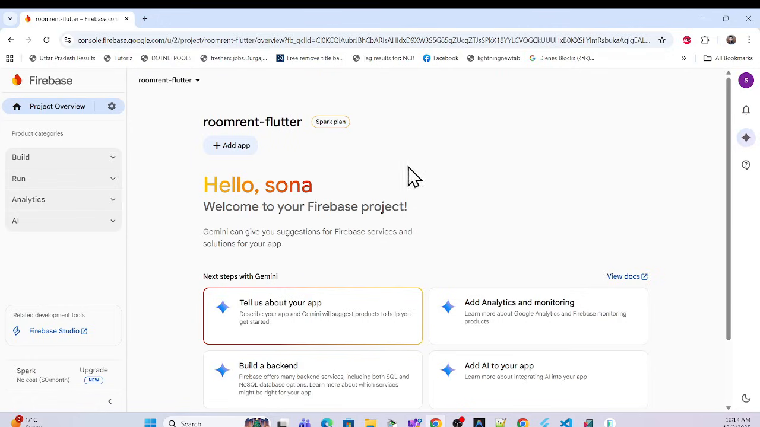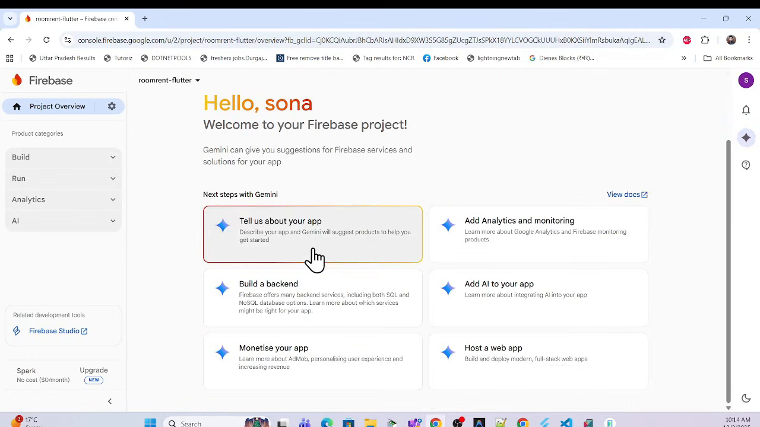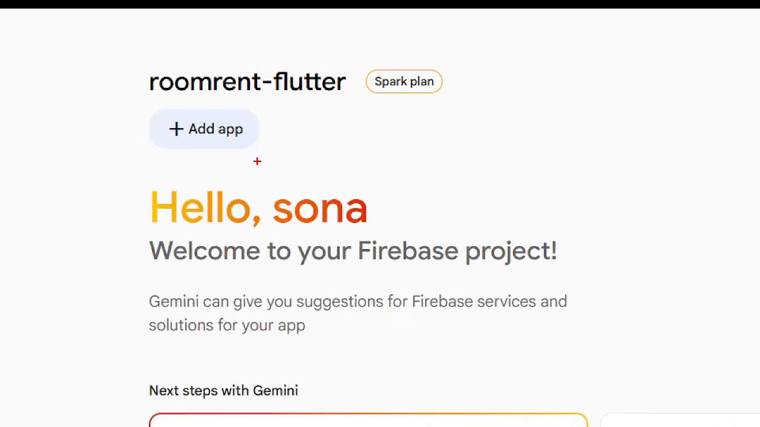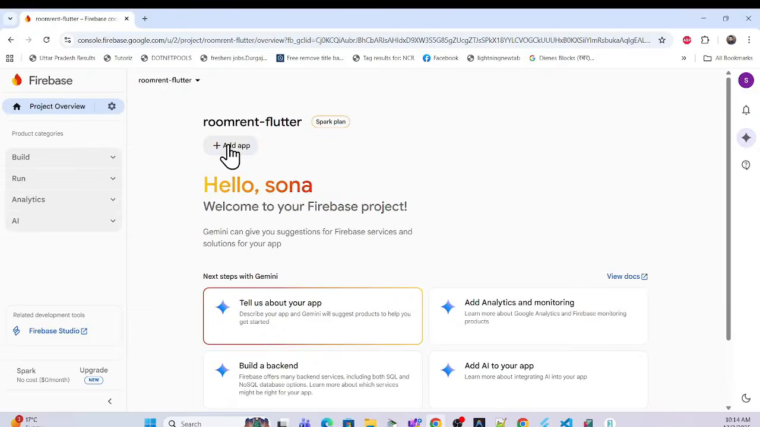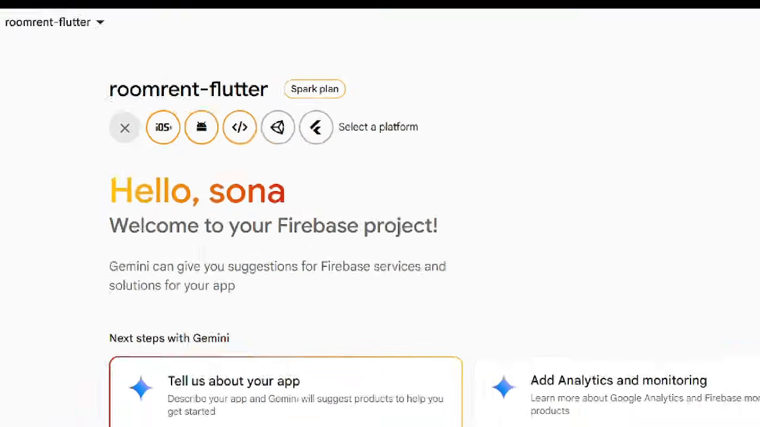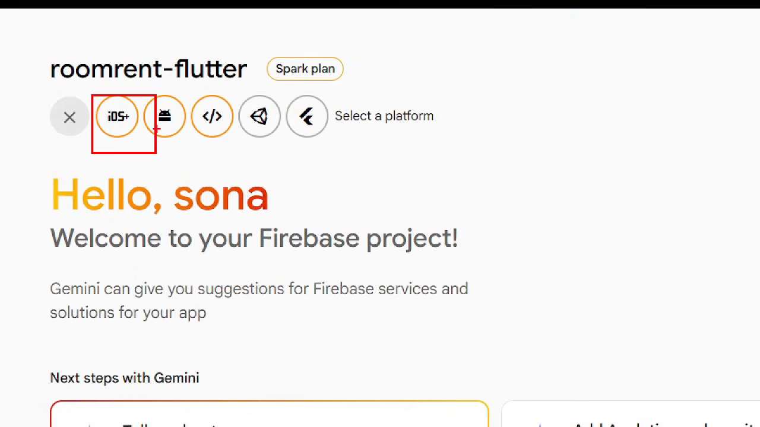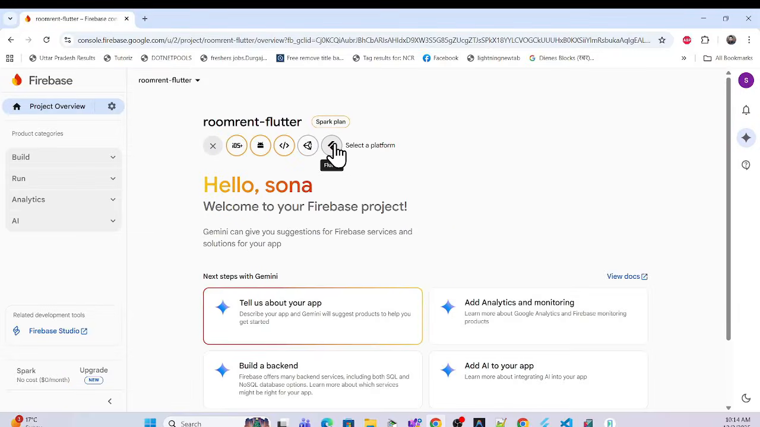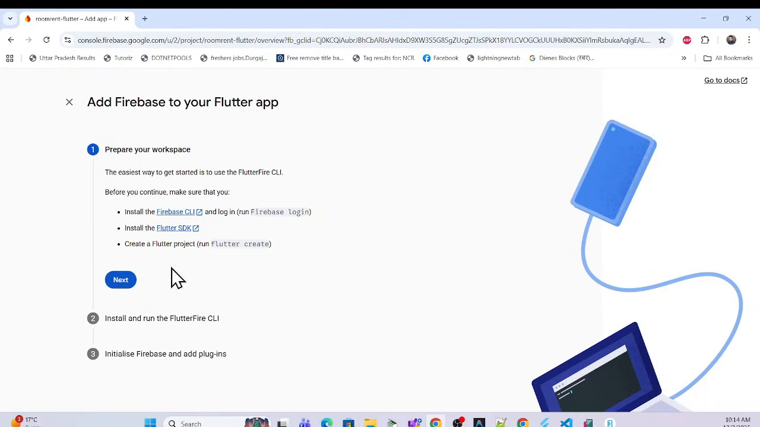So once you are redirected here, now see, nothing special, right? There is an option to add app, so click on add app. Over here you see iOS, Android, and if you are building a specific Android application you can use that option, but as of now there is an option for Flutter. So this is the Flutter option. Once you click that, see, there is no special